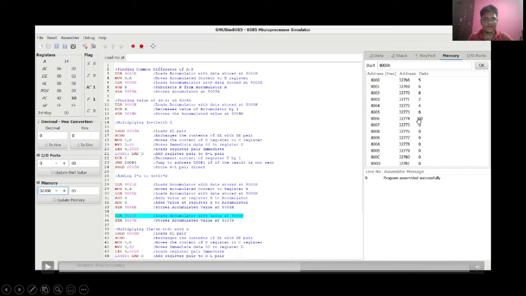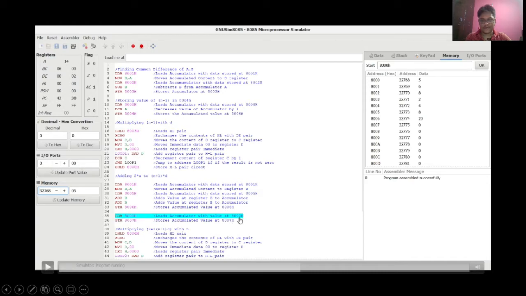So after this, as you might recall from the flow of our algorithm, we have to multiply this value by n. So n is here. So what we can do is copy this n from this position to 8007H. So we can directly use the LHLD pair command. So this is what we are doing here with these 2 lines.